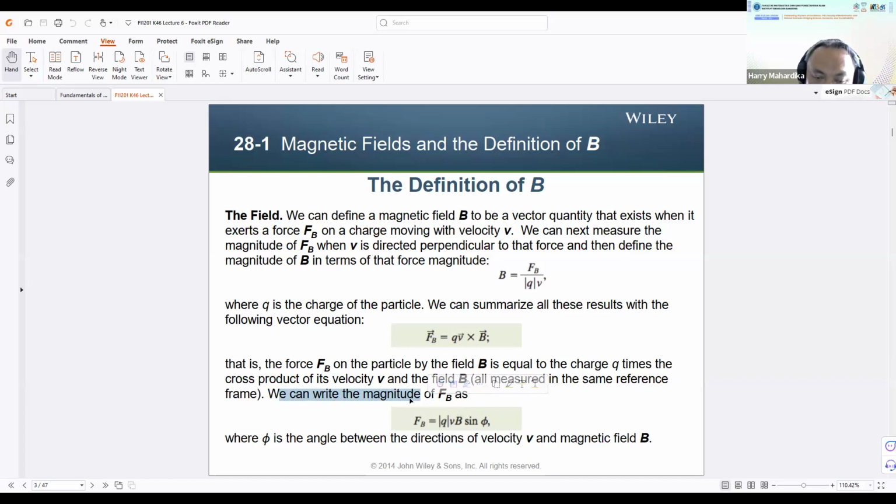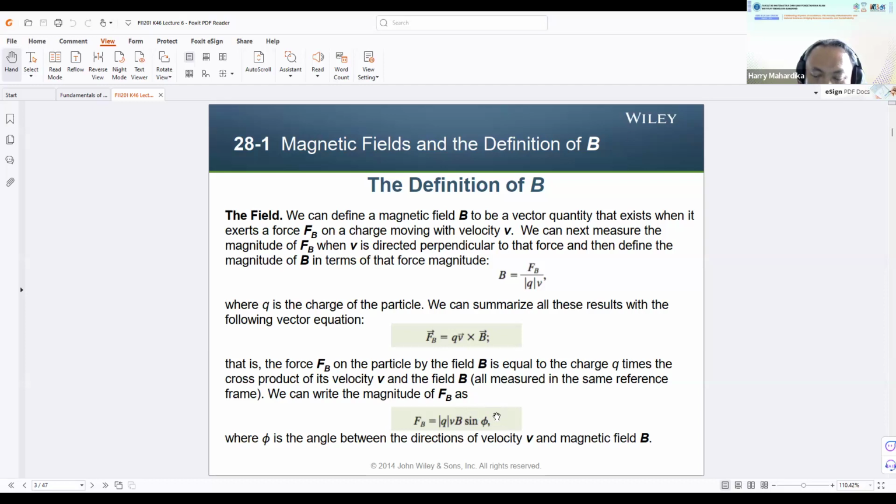So the magnitude of the force is equal to the magnitude of the charge Q, regardless of the sign of the particle, then the value of the velocity, or the particle speed, and then the value of B, and then the